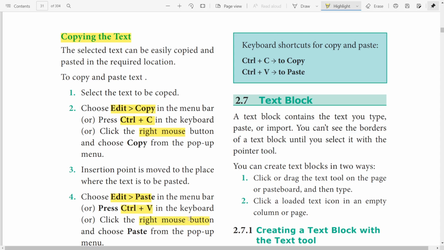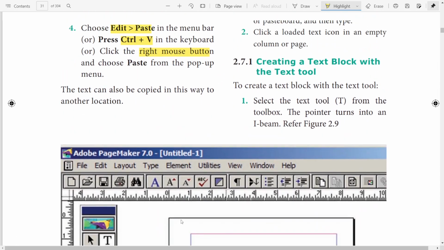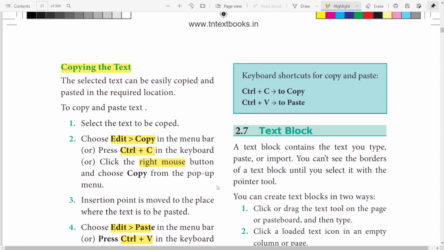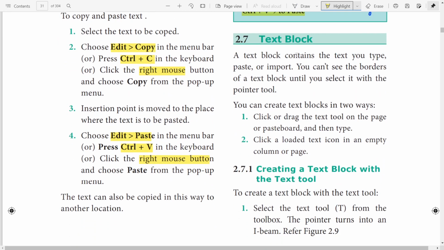Three ways you can use copy and paste or cut and paste operation. Okay, next. These are the shortcut keys. Shortcut keys help to work faster than searching in edit operations or like that.